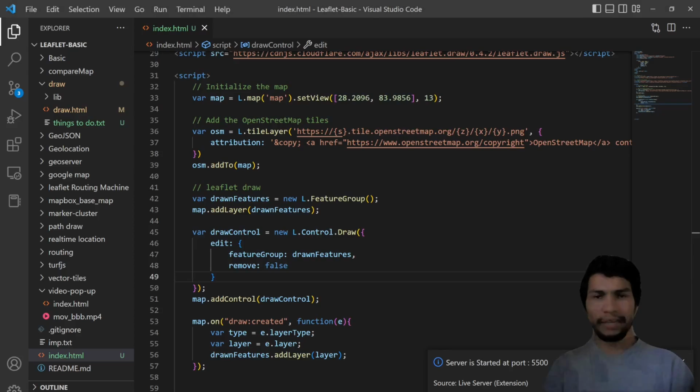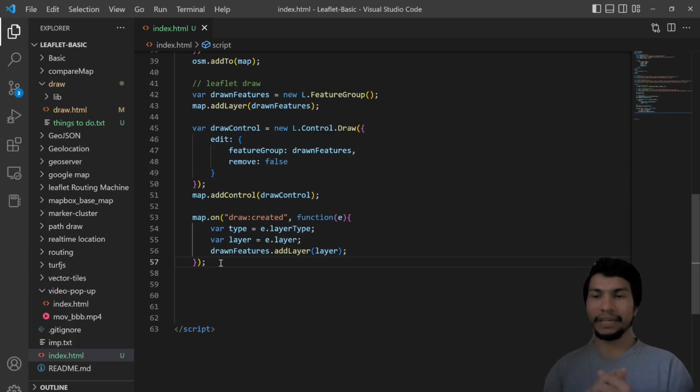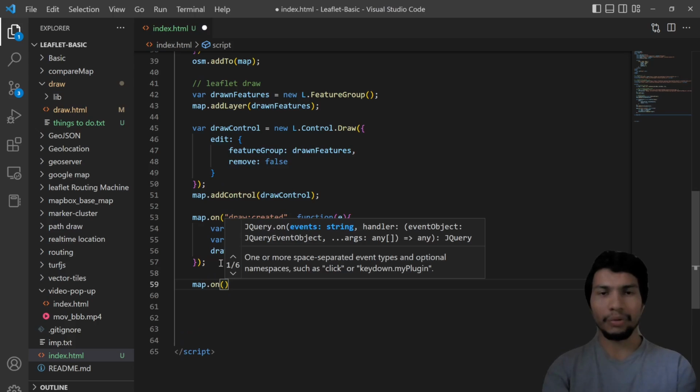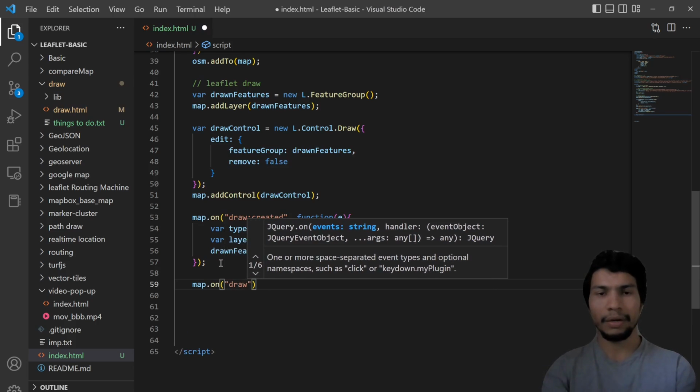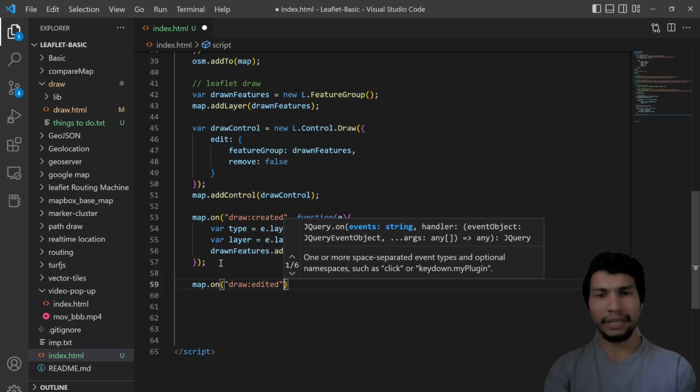Also, one more thing, I want to address it here. Whenever you edit the shape, let's say you want to update this shape in the database, by that time you might need to run your own event, right? To do so, you can write the map.on and then draw and then edit it,